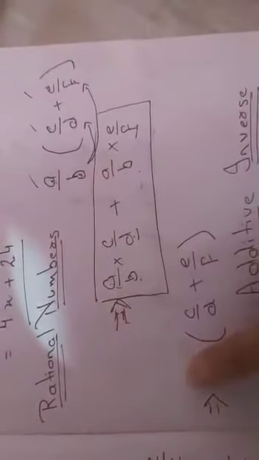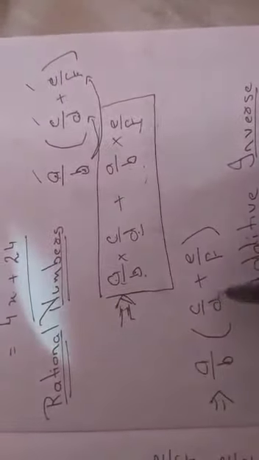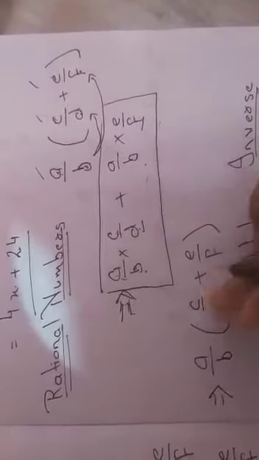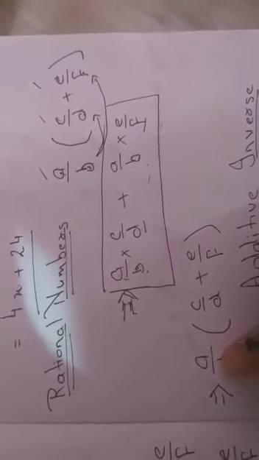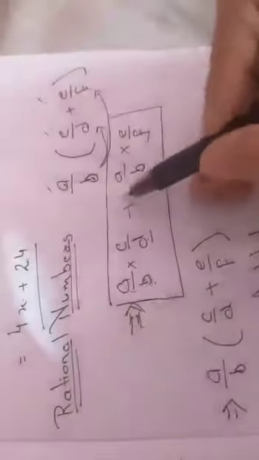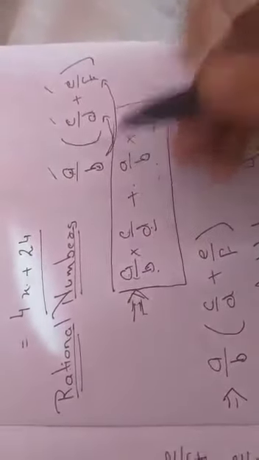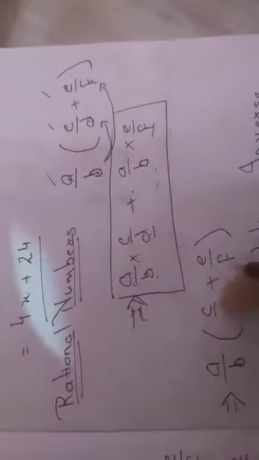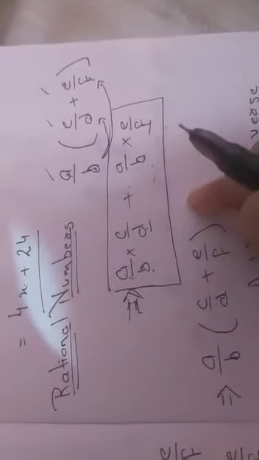So like this the question will be given to you. You have to take the common part and then you can do first addition and then multiply it with the rational number. Or subtraction could be given here. Then again take it common and then the minus sign will come here.